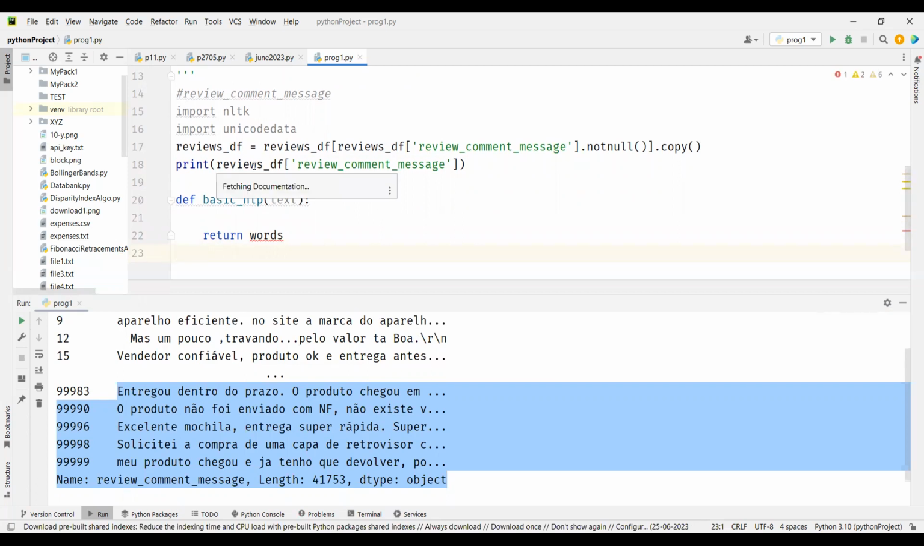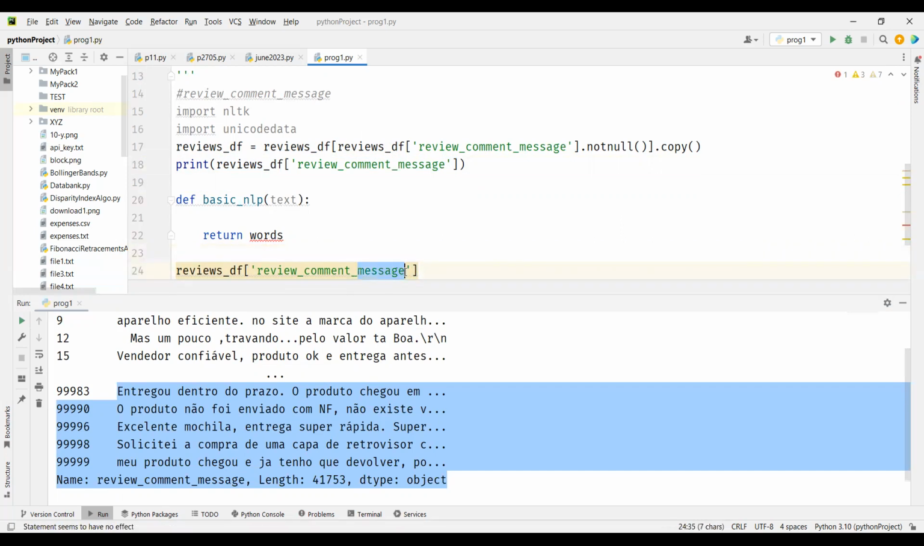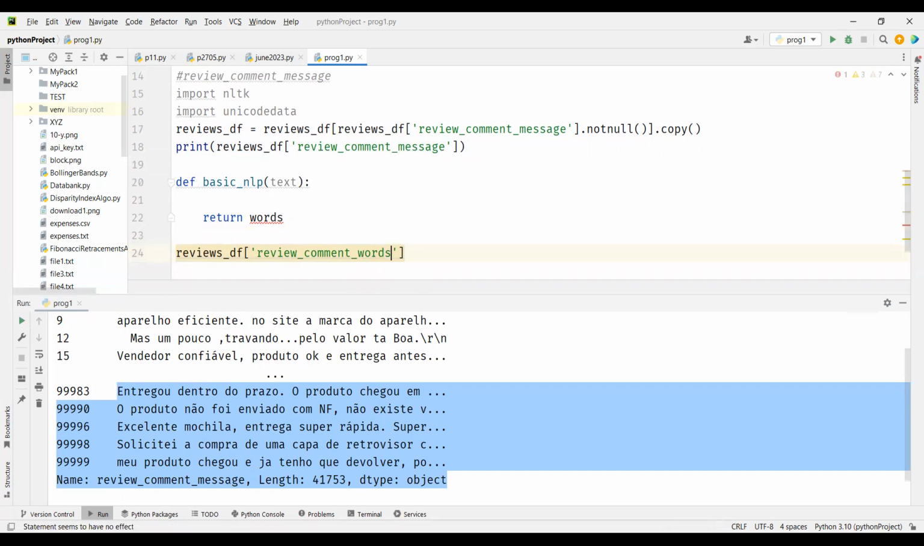So how do you apply? Since it's going to return a set of words, we will create a new column. I will call this review comment words, maybe something like this. And this is your main column, right? Okay, and to this we will apply